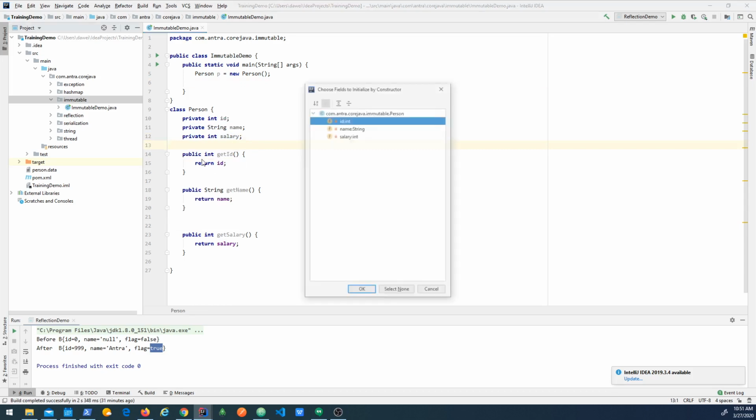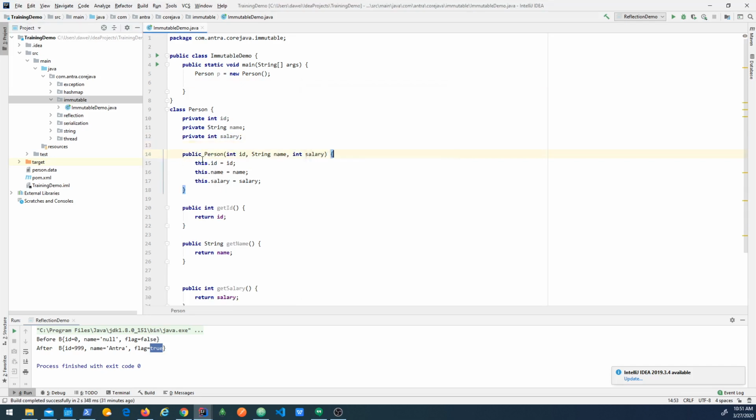That doesn't make sense, right? Because we have to set the fields. So we can set the fields in the constructor here. In the constructor, we can have an ID, we can put ID there, just like 1, name, and put salary, something like this. So then once this person is created, there's no way we can change the ID or name